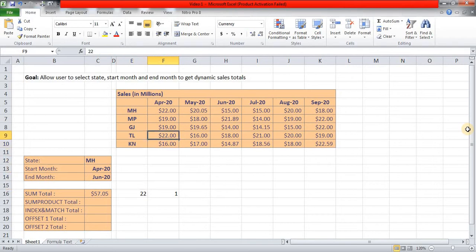57.05, and here it is April, May, June 57.05. Okay, now if you change this from Maharashtra to MP, that total is 58.89. Here it is 58.89. And if you change those months to, say, July to September,